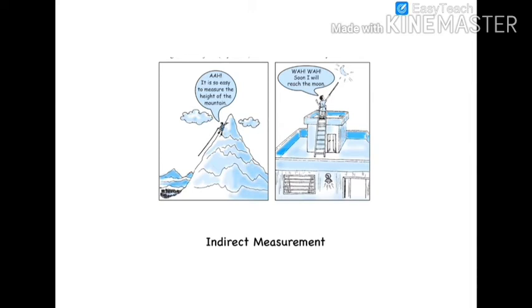Question number 15 is an example of application of concept of similarity in real life, where we found the height of a tower without actually measuring it. We used the indirect method, which is based on the concept of similarity. So the application of concept of similarity in real life is in indirect measurement.